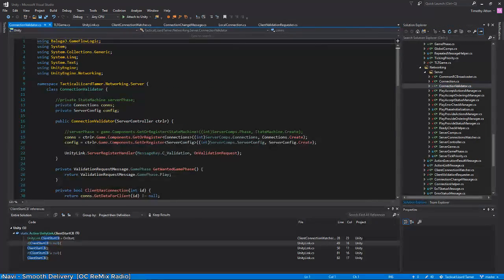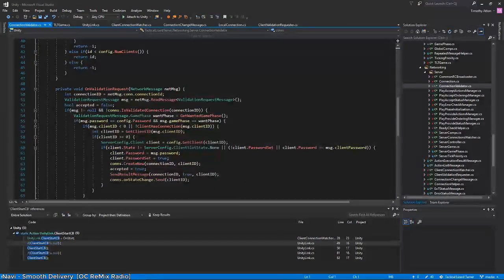Here, that's what I was looking for. Validator. Password. So that looks good. And the client password is supposed to equal this message password, but